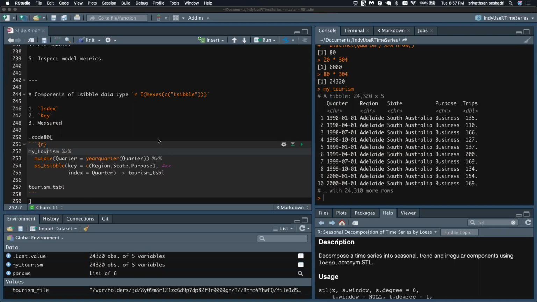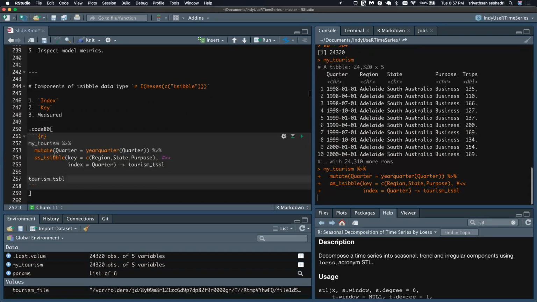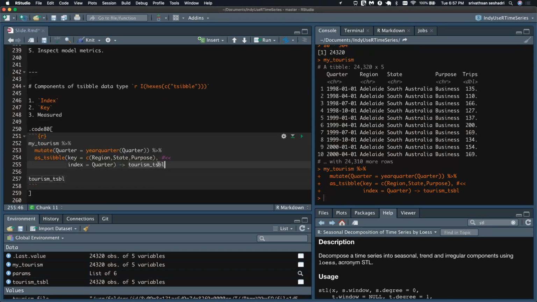Okay, and key, and I'm providing that region, state, and purpose. I don't really need the state, but I'm just putting it in there. Nevertheless, it won't harm. Then I say what my index is. Index is my quarter in time. So that becomes my table. Okay.